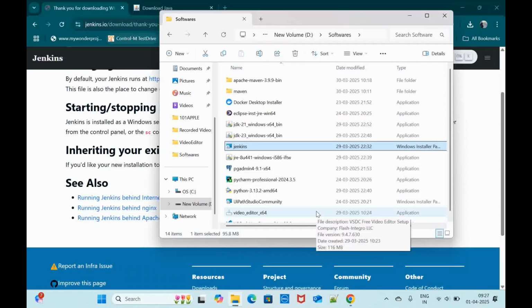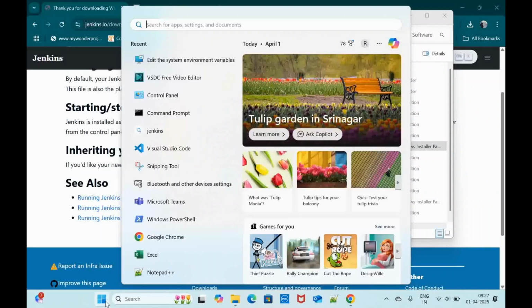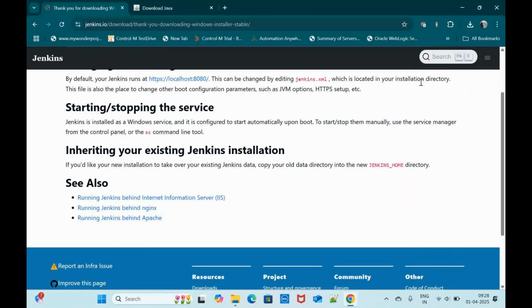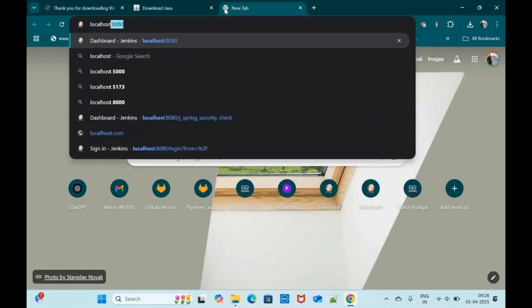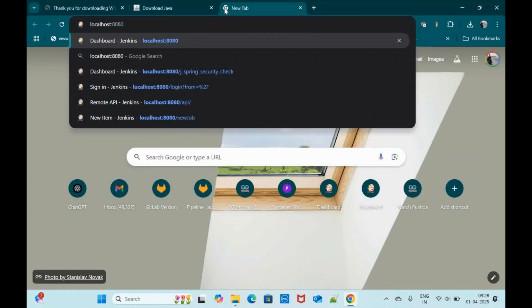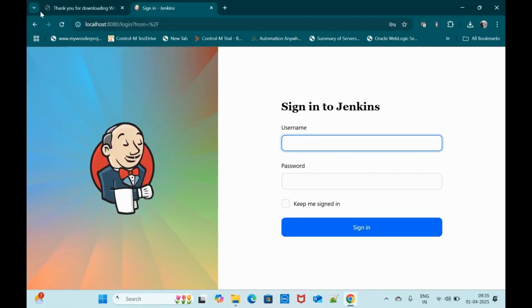So the installation is completed. Let me go here. If you want to access Jenkins, just search with localhost 8080. 8080 is the port that you defined. Here you can see Jenkins has started, and now I went to localhost 8080 and I can see the